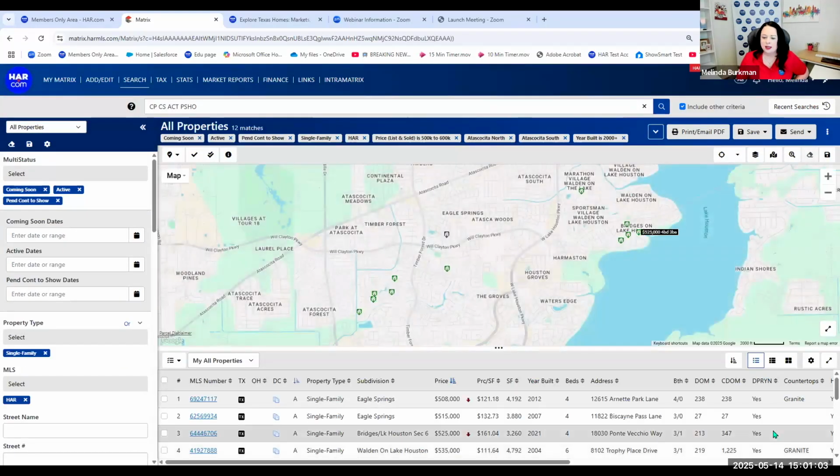If you decide the search wasn't going the way you wanted and you just want to start over, you've got a clear search fields button right here, without having to go through each individual X up here and clearing them out. You can just start fresh, okay?